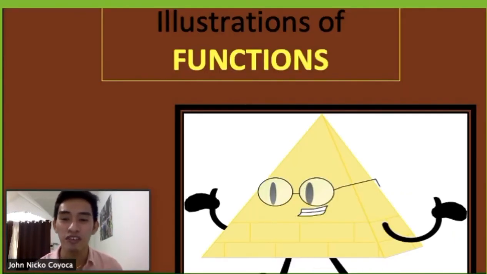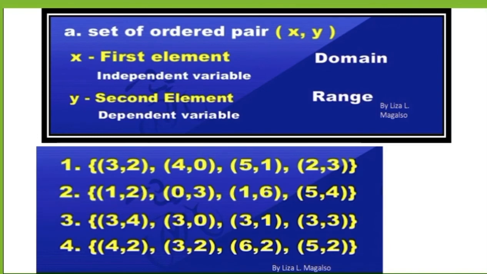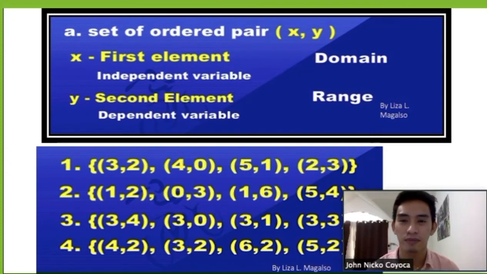So let's try to illustrate functions even more. Okay? So in our example in here, let's try to illustrate functions. Functions can be represented in a lot of ways. And the first one is that functions can be represented as a set of ordered pairs, x and y. As I've mentioned earlier, we say a function is a set of ordered pairs, x and y. Our first element in a set of ordered pairs is what we call our x, or these are our independent variables or our domain. These are our inputs. While the second element, the y, is our dependent variables, which are considered to be our range or our